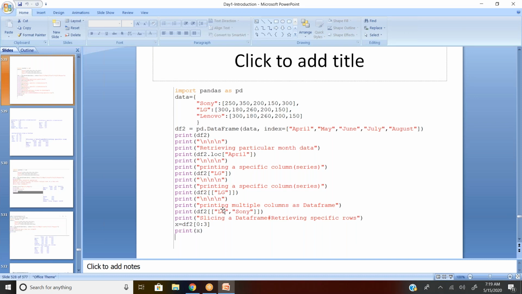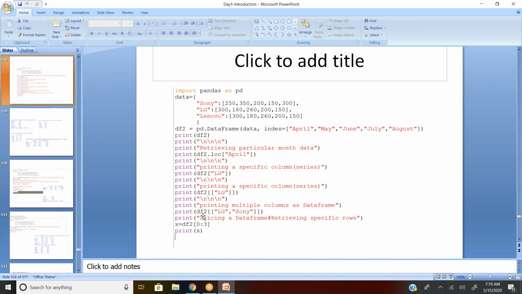Now we also discussed printing multiple columns as a data frame. So I want LG and Sony. I have three things: Sony, LG, and Lenovo. Three columns I have, but I want a subset of the data, not the full data. I want only two columns to be displayed out of three, and to make it a data frame. So df2 double square brackets LG and Sony.